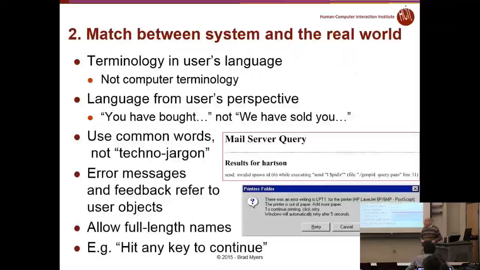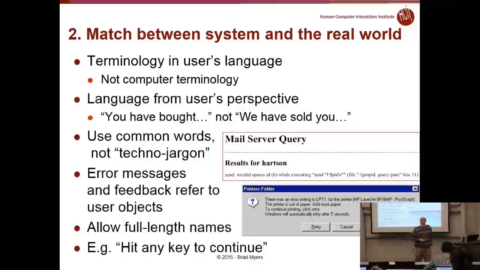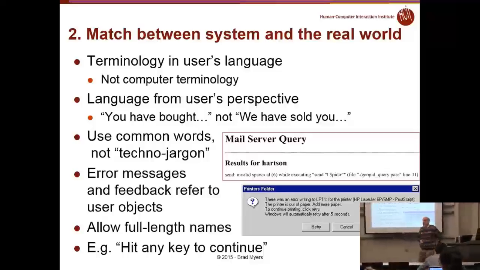The next one is match between the system and the real world. This is a bunch of different requirements around the vocabulary that you're using and the mechanisms in order to try to communicate what's going on. So the first one is to try to use terminology that's in the user's language. This is for error messages and prompts and labels. They should all use terms that your users are familiar with,